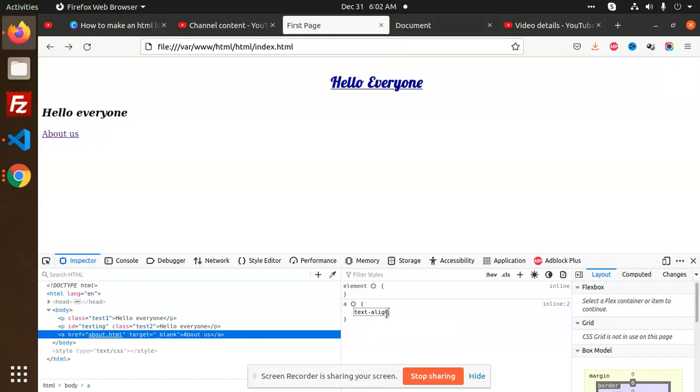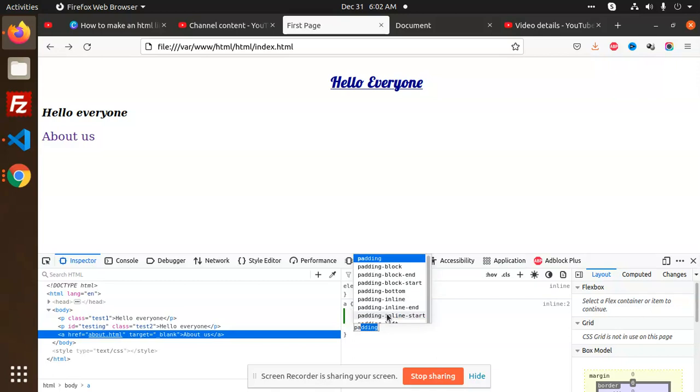Text decoration, we need to put that as none. Okay. Font size, you can add in pixels. Okay.